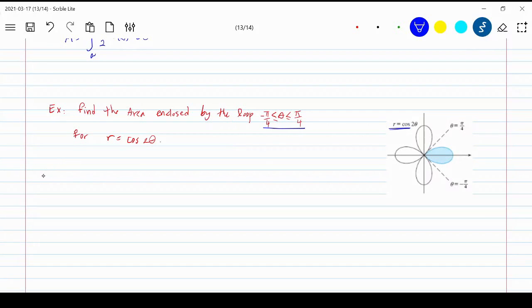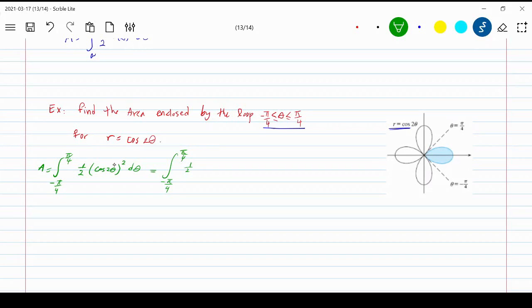So what we do is we say the area, change it to green, the area would be the integral from negative pi fourth to pi fourth of 1/2 radius, which is cosine 2 theta, squared d theta. And now at this point it's just simple calculation of the integral, and that is from negative pi over 4 to pi over 4,